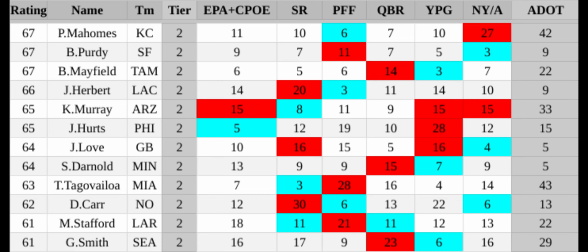Next, we get to the one that will really get people mad, Patrick Mahomes, who had a good but not great year. Mahomes was solid across the board, but that 27th in net yards per attempt is pretty rough. They had about as good of an offensive line as the Niners did. The Chiefs had the 13th best, and the Niners had the 12th best, according to PFF. So it wasn't like it was just an offensive line thing.